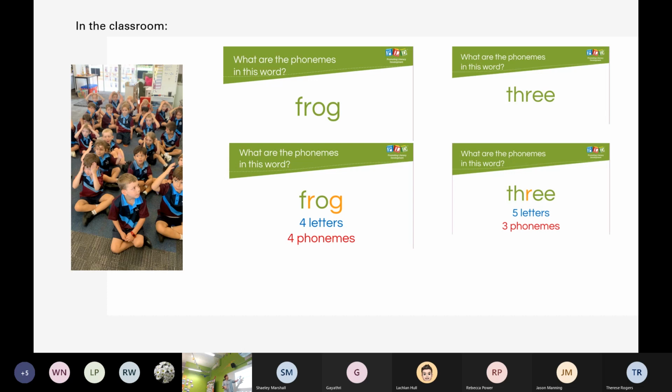So if we look at the word frog, we might ask them how many sounds are in frog. So it's not how many letters, it's how many sounds. When we sound it out, there are 4 sounds. And that's what they write down. Even though that one's got 4 letters, it has 4 sounds in it. And that's what we want them